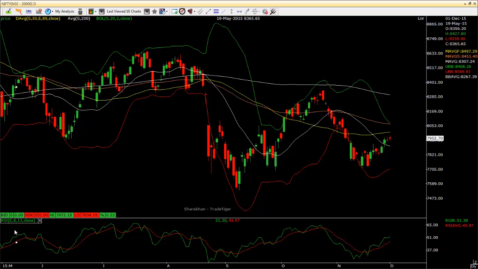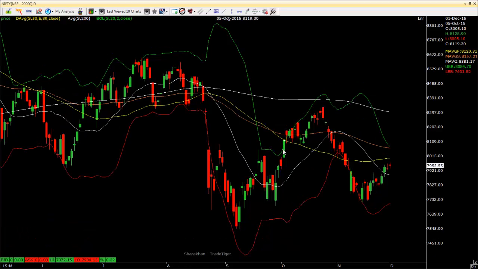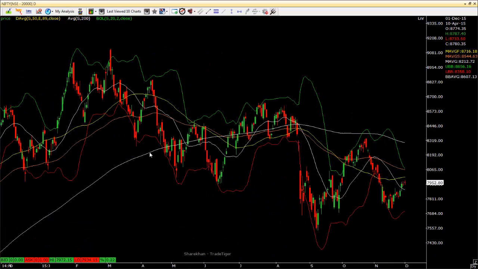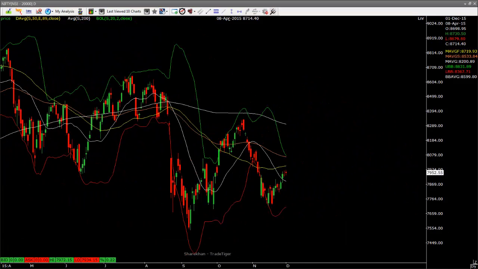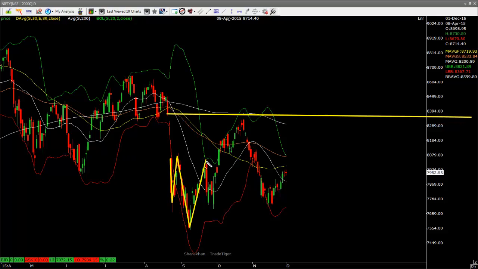So guys, in front of us we have the chart of Nifty and I'm quickly going to run through the analysis for December. In my previous videos you had seen that I clearly indicated that we are in a downtrend, and that's what happened. So we played out the inverse head and shoulders, which I'll just mark out quickly. This was the inverted head and shoulders, and then we had to break the neckline, and then we want to